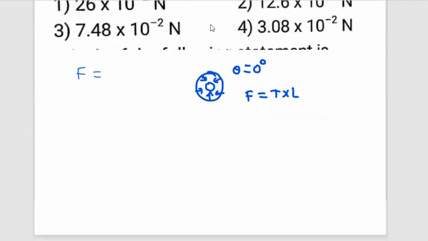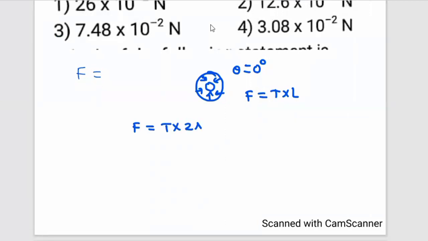So force of length you can take. Here L is equal to 2 pi into R1. That is the reason I'm writing force here. Two, outer and inner, are there. So T into 2 pi into the smaller radius plus T into 2 pi into the second radius R. If I take F is equal to T into 2 pi common, we are going to get R plus R. Force F is equal to T into 2 pi into R plus R.